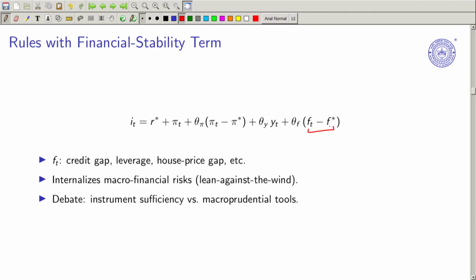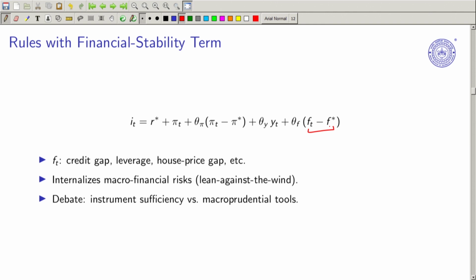So you can think about the prime lending rate minus the targeted prime lending rate, or the potential demand at the prime lending rate at which the banks lend to individuals. Or you can simply consider the credit gap by taking the call money rate, the CMR, interbank borrowing and lending. So how much is the spread, that you can also consider. So you can see that over a period of time, as the economy had more complications, the Taylor rule is also expanding with more terms.